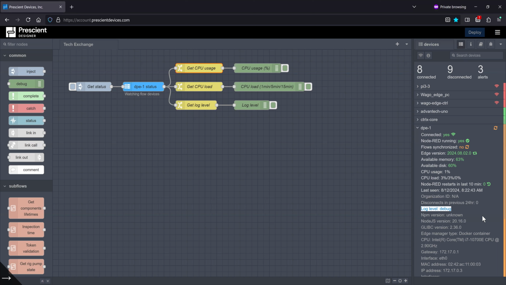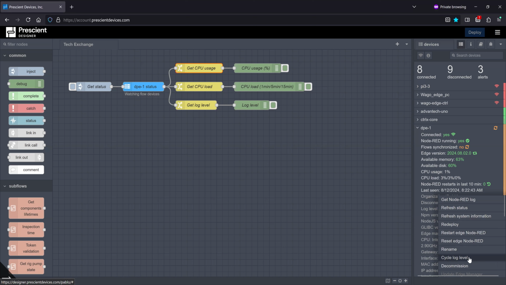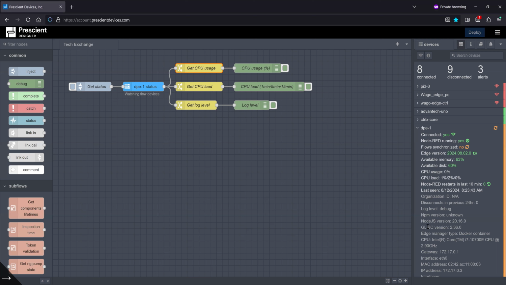And this is so that for devices that are very constrained in terms of storage, for example, you can now set the log level at provisioning time, or you can just toggle it here. So here it's telling you that the log level is in debug, but if you go to the device context menu, you see this is cycle log level. When you select this, it will go from debug to info to warning to error, and then cycle back to debug. So you can set it at provisioning time, or you can dynamically change it, which is helpful,